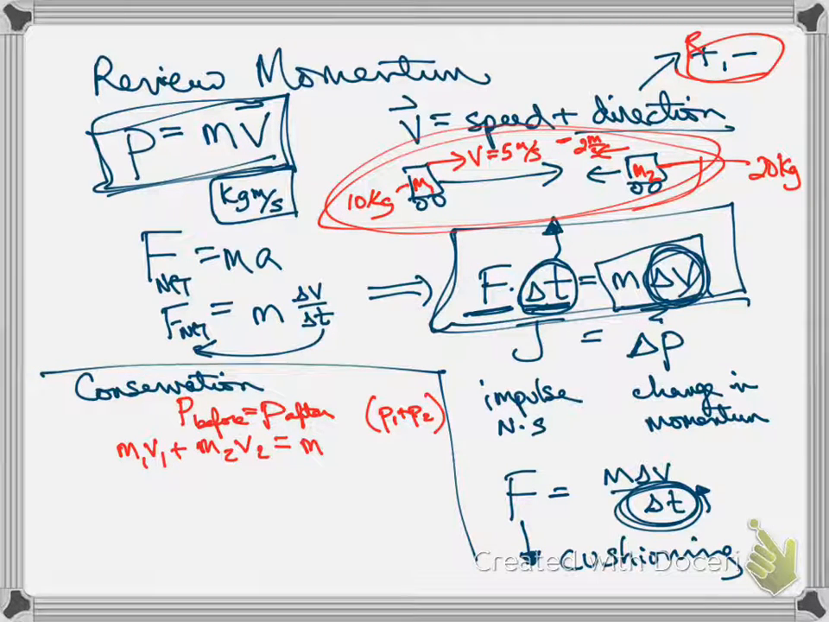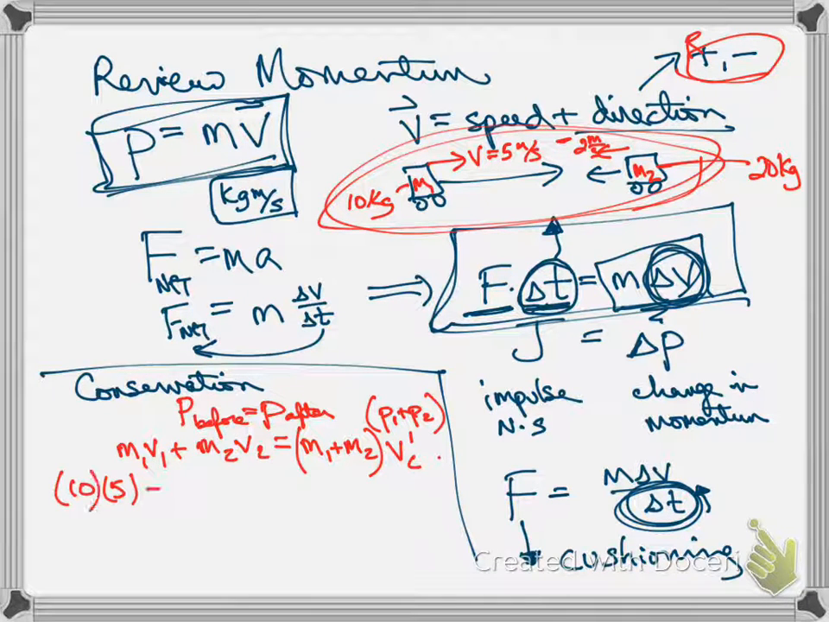Now, I'm going to assume that these cars stick together. If they stick together, their mass is now m1 plus m2. I just add the masses together and multiply by some combined velocity. I'm going to put a prime here to denote after. So if I do this, I'll get